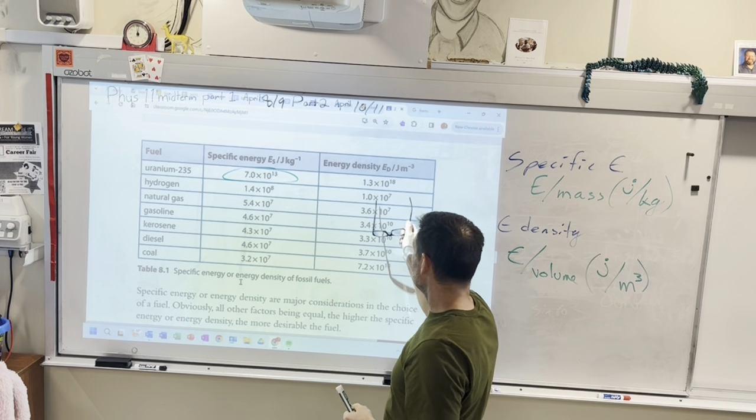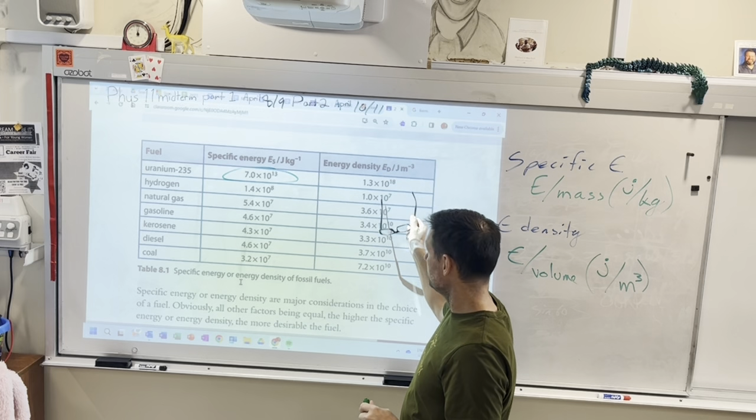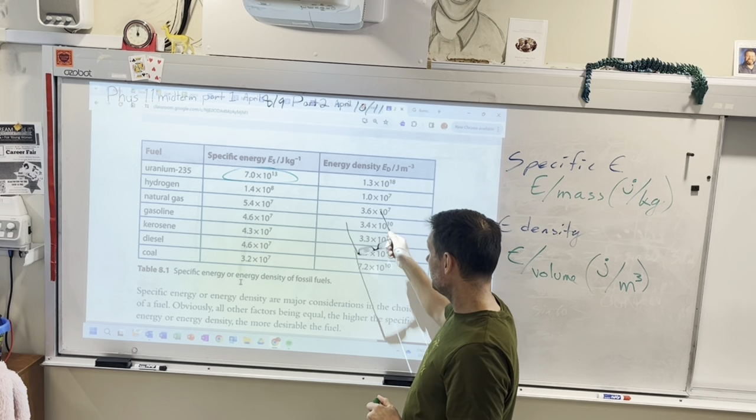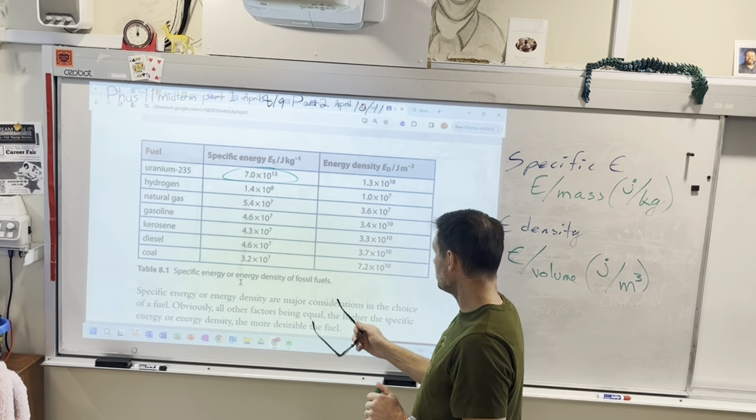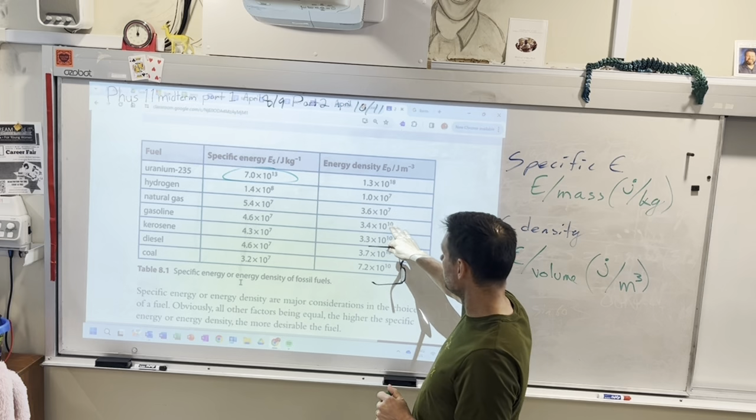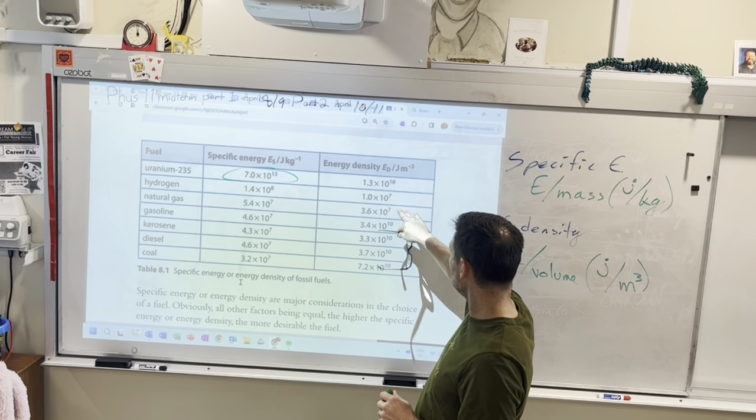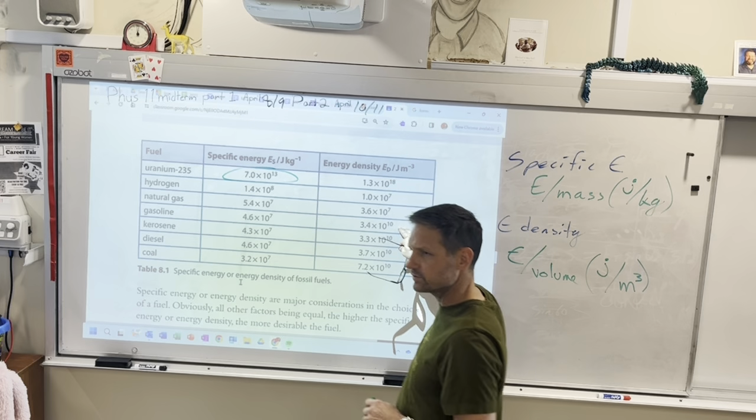Probably not. This is probably in liquid form. Like this is probably liquid hydrogen, LNG, I think. I actually don't know that. I think it would be, because the energy density of gasoline is much higher. Maybe it is in gaseous form. I don't know actually. That's a good question. We should figure